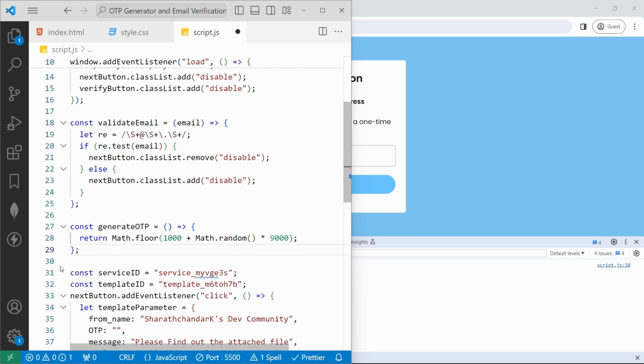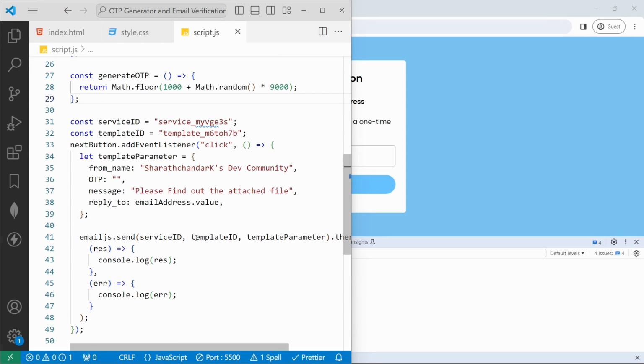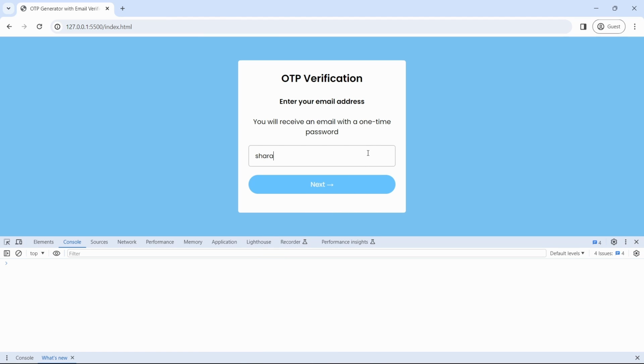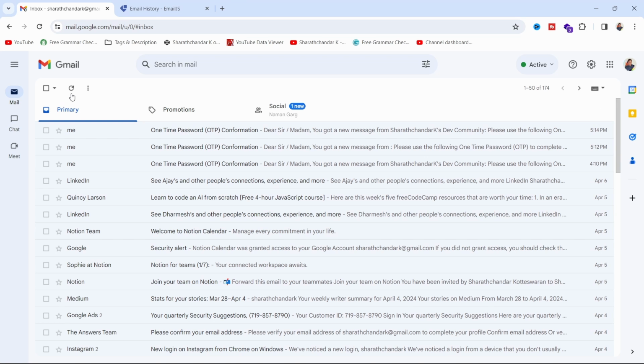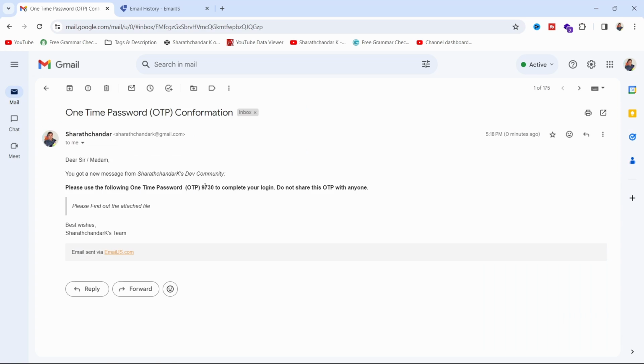If I remove this, we need to set this OTP to the parameter of this. If I save, if I go and add that email address again, if I send next, now we'll get the response of status 200. I will go to the mailbox. If I refresh, now we'll get the mail, and here we can see the OTP, and then all